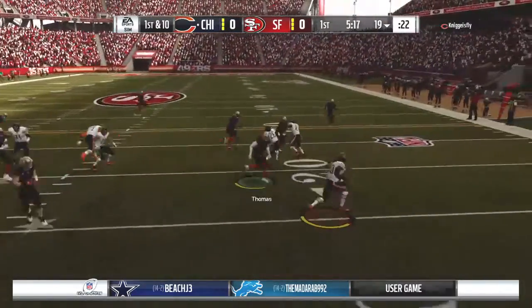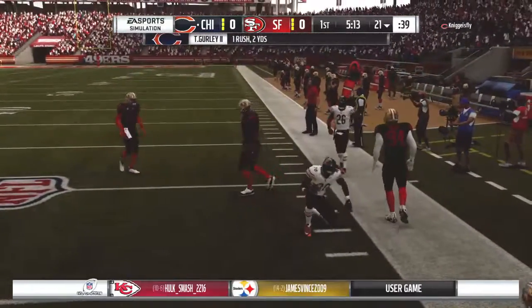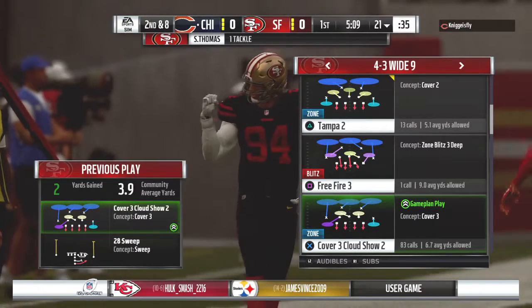Now the first carry here for Todd Gurley. And he'll get this one across the 20, but only up to about the 21. 2 yards on the pickup there. It'll be 2nd and